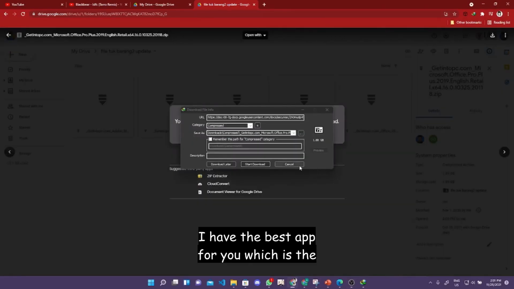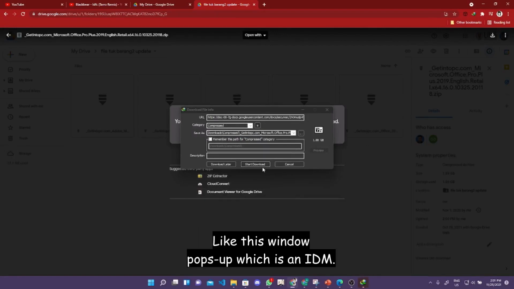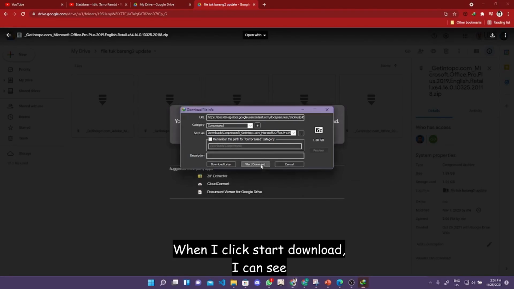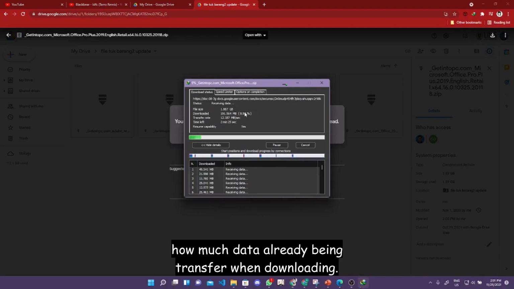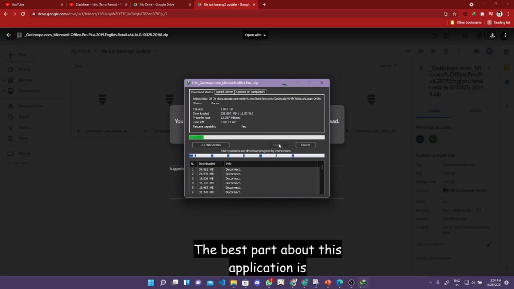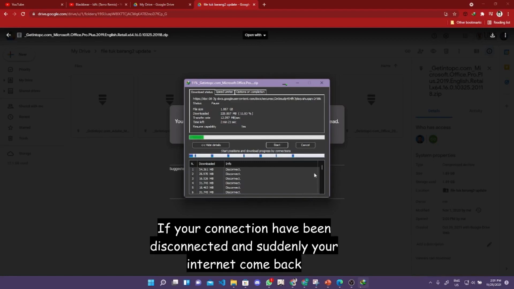I have the best app for you, which is the Internet Download Manager. Like this Windows pop-up, which is an IDM. When I click Start Download, I can see how much data has already been transferred when downloading. The best part about this application is we can pause the download so that if your connection has been disconnected